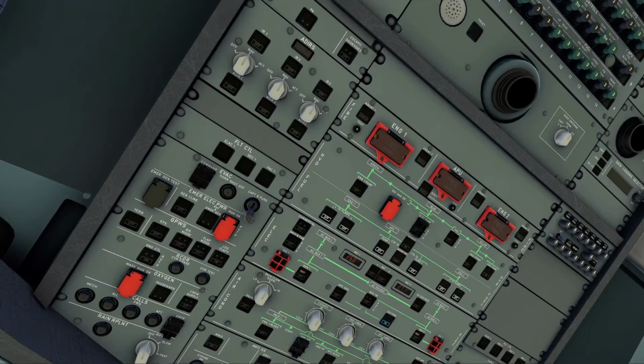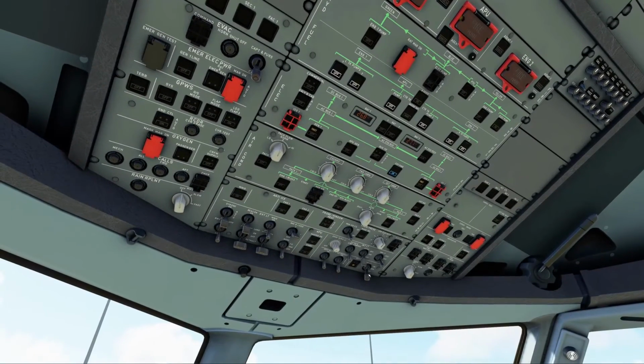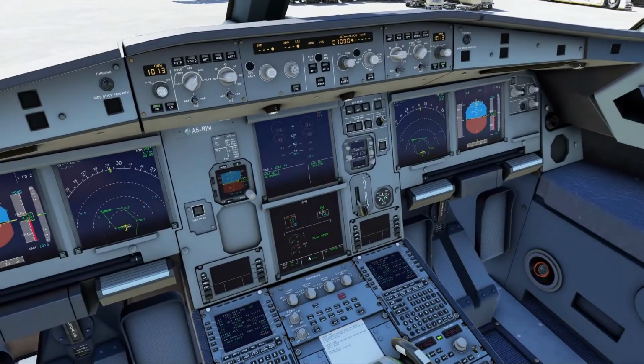It's okay. ADIRS nav. Switch that on. Seatbelt signs. Strobe. These are all okay. Switch on the APU. Give it about 4 seconds before you press start. Okay, and we just check down here.